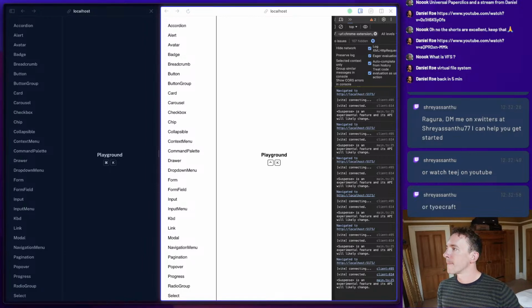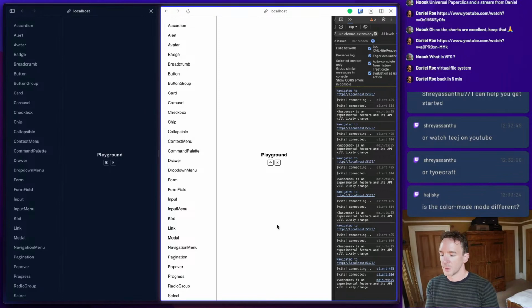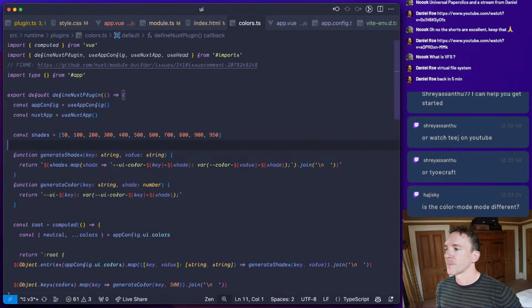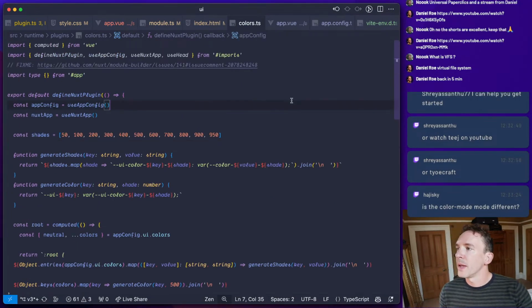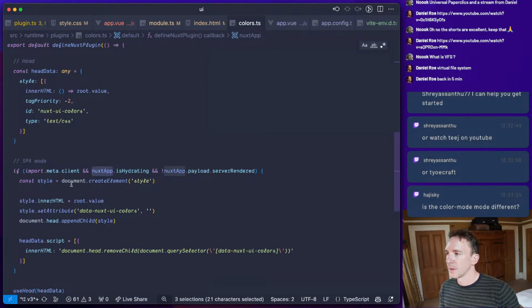And yeah, the color, that's true, the color mode. So we didn't add that plugin, which is quite a lot more complicated, right? But not necessarily. So where do we use nuxt app?